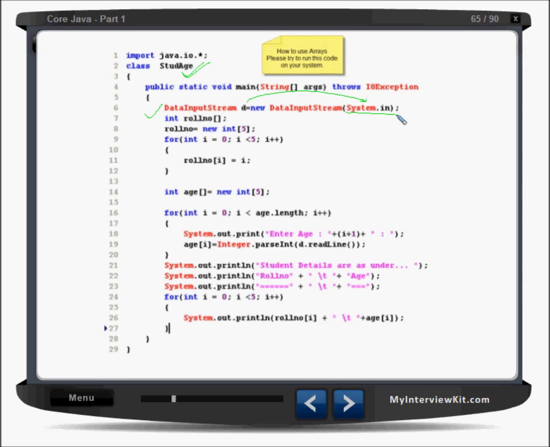Now there's an int rollNumber. So this is one array, an integer type array. Now in the next line we are saying rollNumber equals new int[5]. So what is the size? Size is 5, right? Now later, for int i equals 0, i less than 5, i plus plus, and rollNumber of i equals i. So 5 blocks are getting created here,